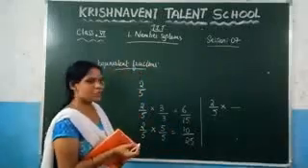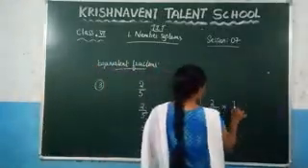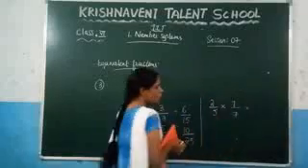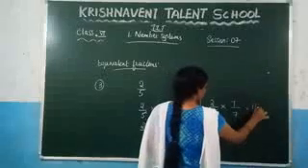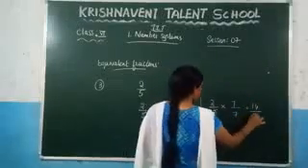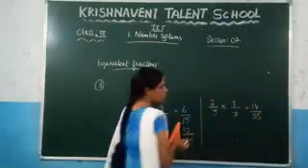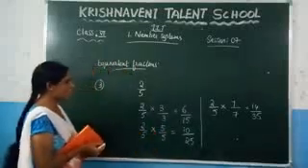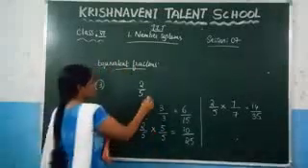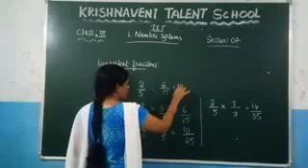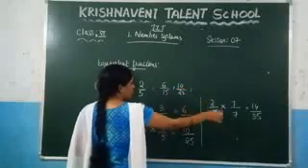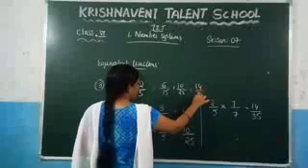Here I will take some number, 7. So write 7 here and here also 7. Here what you will get: 2 times 7 is 14, and 7 fives are 35. So what are the equivalent fractions of 2 by 5? We got 6 by 15, the next one 10 by 25, and the next one 14 by 35.